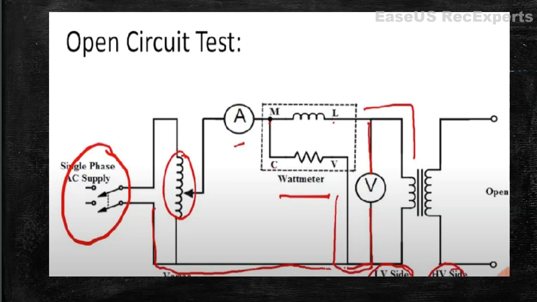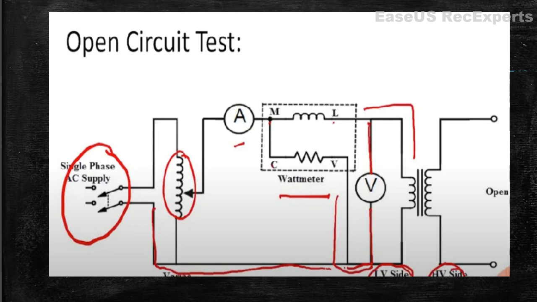The L terminal of the wattmeter is connected to the primary winding, then the V terminal is connected to the voltage terminal. Similarly, one end of the I terminal is connected to the positive terminal of the voltmeter. The negative terminal is connected to the V terminal. Also the same terminal goes to the neutral of the supply. Here the supply is given to the LV side whereas the HV side is open. Hence in this case the primary winding is open. Hence the test is called an open circuit test.